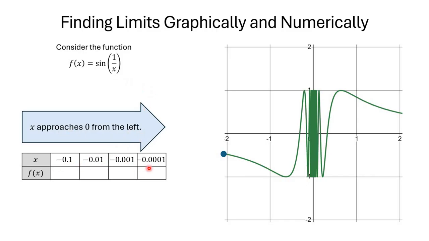So these are numbers getting closer and closer to 0 from the left. Negative 0.1 is close to 0, but less than 0. Negative 0.01 is close to 0, but on the left of 0 and closer than negative 0.1. Negative 0.001 is on the left of 0, smaller than 0, but still closer than negative 0.1, or negative 0.01, I should say. And this number is even closer to 0, but still smaller than 0. So when we plug in values, plugging in negative 0.1, I get 0.540. Plugging in negative 0.01, I get negative